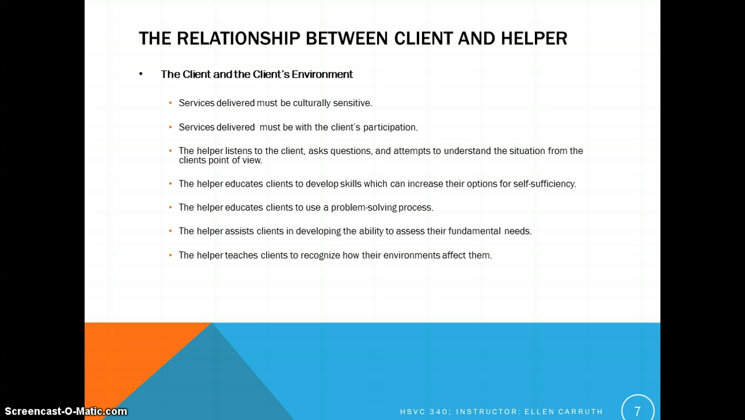As I just mentioned, the relationship between the client and the helper is one of the most critical pieces to ensuring successful service delivery. On this slide, I've highlighted the different points for you to consider when thinking about developing relationships with your future clients. Pay attention to the different roles that you will need to assume, like listener, educator, and helper, in order to establish a healthy relationship. You also should think about how you will ensure successful service delivery by enlisting the client's